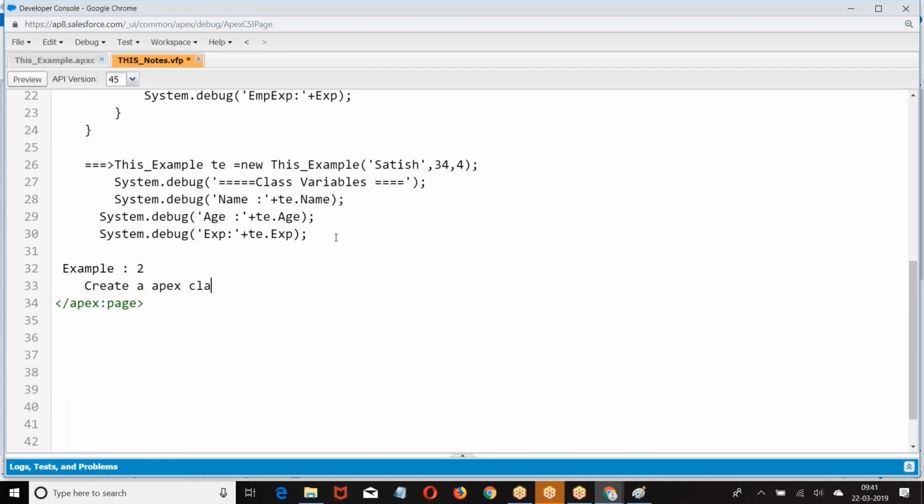Create an Apex class Employee with name, city, salary as data members. Create a constructor which will take